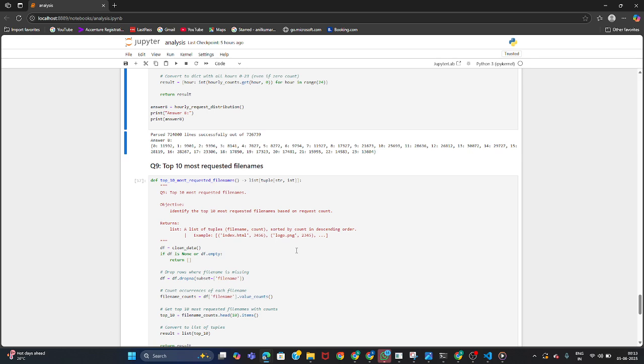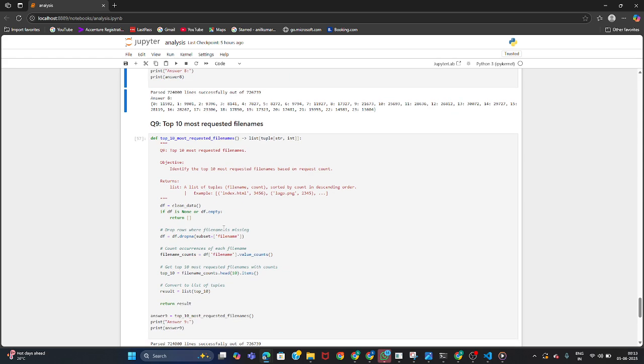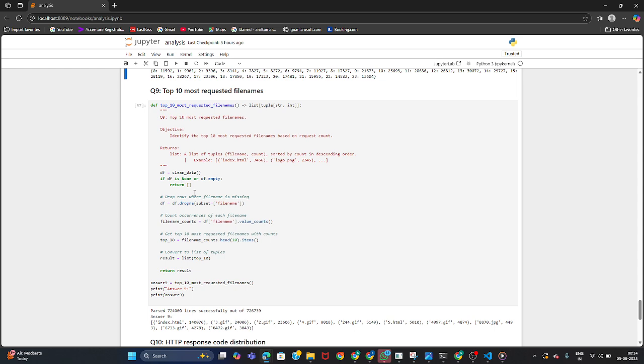Coming to the ninth problem for the analysis, the top 10 most requested file names. The objective of this question is to identify the top 10 most requested file names based on the request count. As I mentioned before, whenever we are writing the code for this problem, initially we have to clean the data by calling this clean data function. Next, in this problem, I used the dropna function to drop rows where the file name is missing,